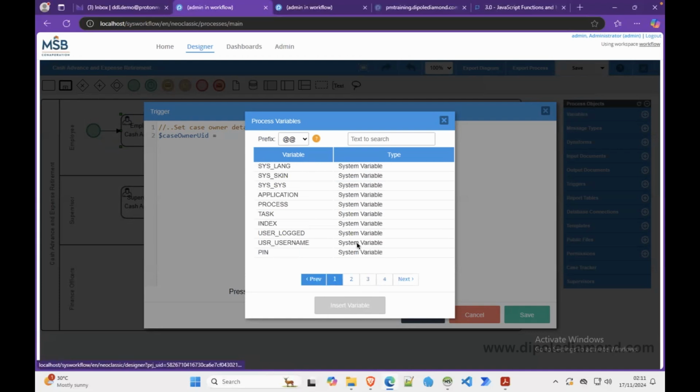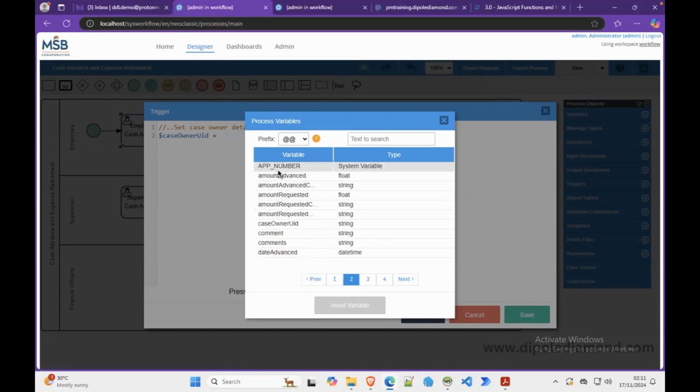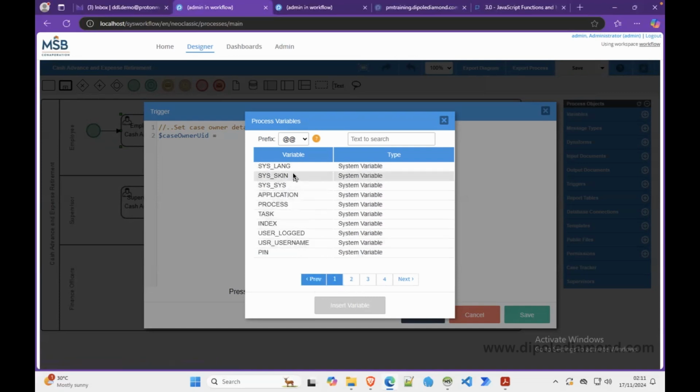But however, at the very top of the list, we have some variables that are named in uppercase characters. See, there's application, there's process, there's task, there's index, there's user log and username, there is a pin, and even app number. So all these variables having capital